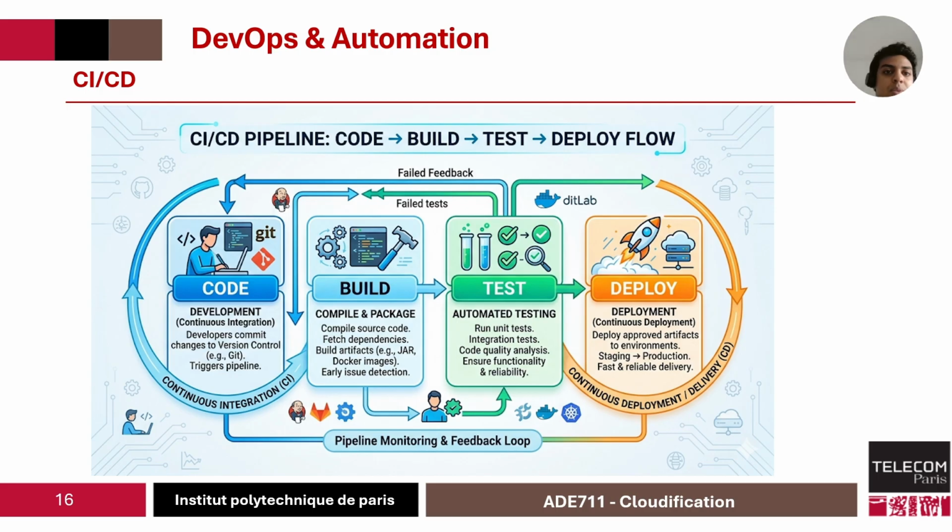So in DevOps, we have a concept called CI/CD, or continuous integration and continuous deployment, where we try to manage the process of the pipeline between the coding phase and the deployment phase. And of course, if we need to go back for maintenance or for tests, we can do that thanks to this concept. And there are a lot of applications that allow us to do that, like Jenkins, which is the best one to manage your CI/CD pipelines.